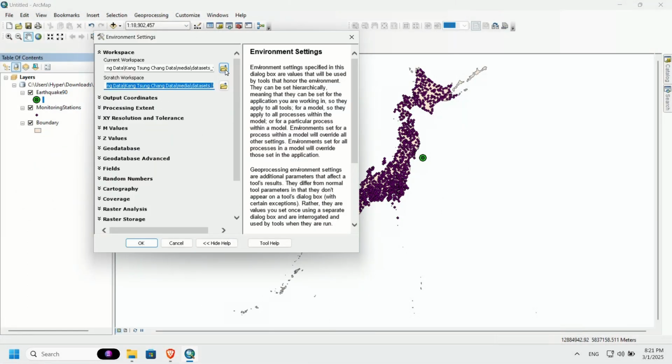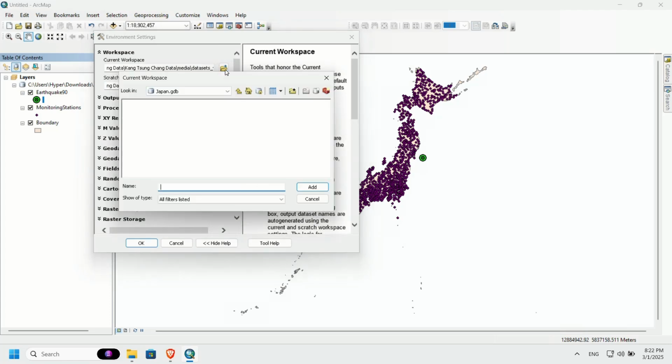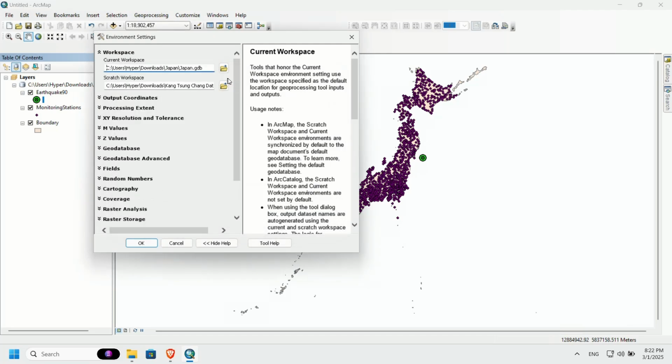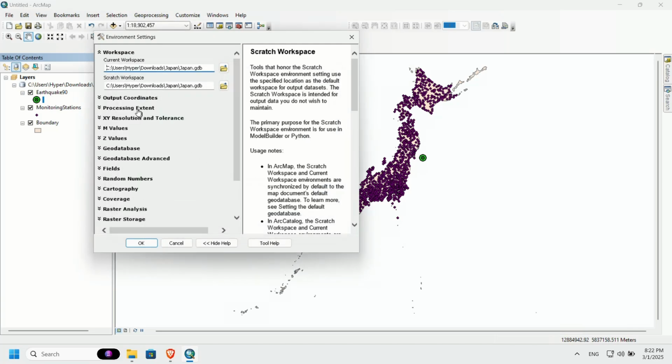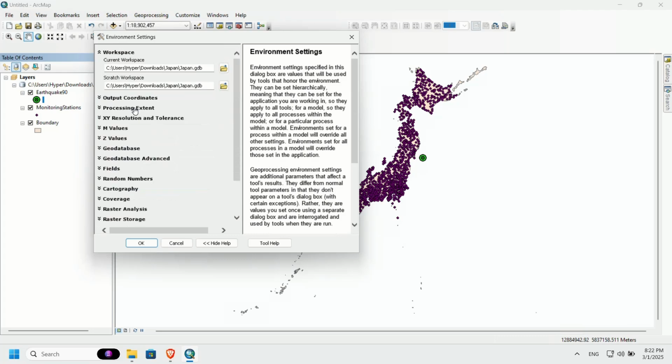Let's change our workspace, current workspace, to be japan.gdb. Let's select this and add. Also scratch workspace. Yeah, let's keep this as our workspace. Processing extent, it should be fine,